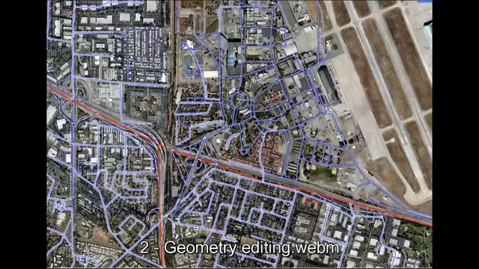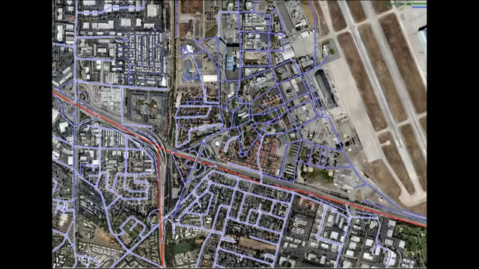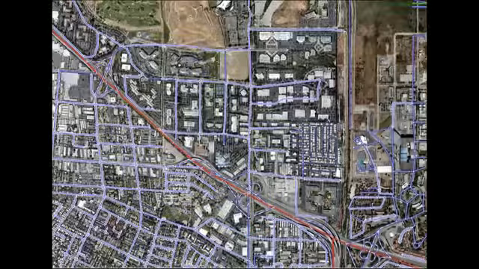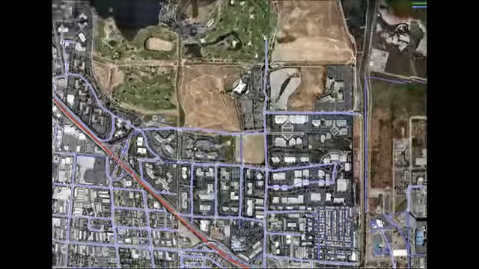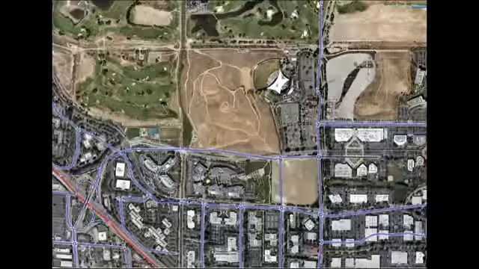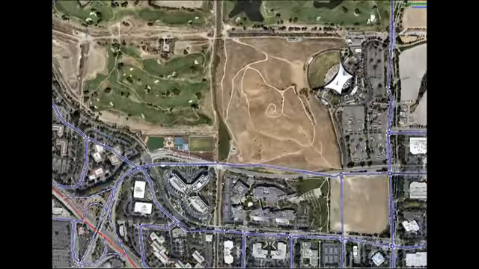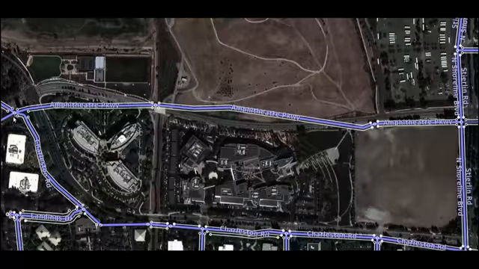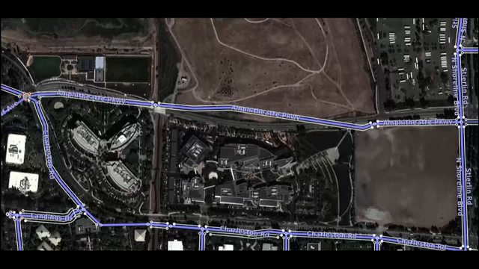Now, sometimes when the source data comes to us, it's in pretty rough form. This is actually Tiger Road data, the free public domain data set we started with in the US. And if you look at it paired over satellite imagery, you can spot some problems. Not only are there alignment issues, but there are also occasional connectivity problems. For this reason, the first step that a ground truth operator takes is to actually bring the geometry into alignment with satellite imagery.